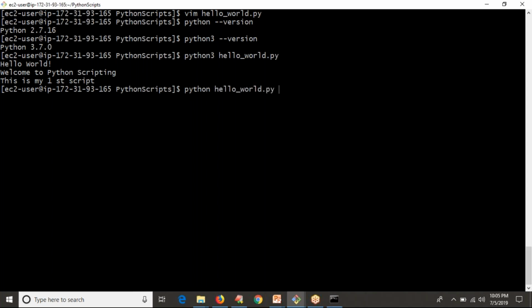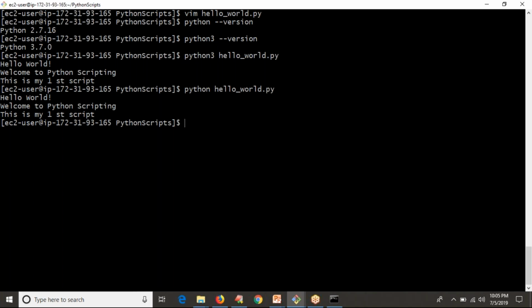Guys, this is on your Unix like systems. Don't get confused. This is one way, the same way you run your Python script on your Windows operating system. So whatever we discussed so far, to run your Python script, this is the common procedure on your Windows as well as Unix like systems. But in your Unix like systems, you have one extra procedure also to run your Python scripts.